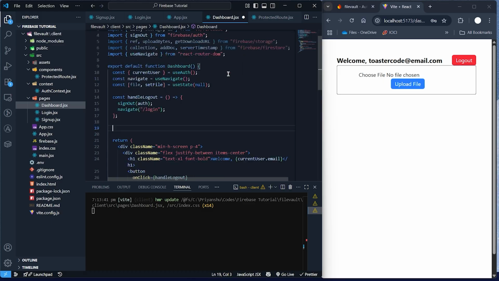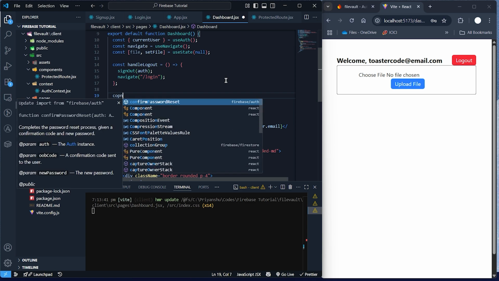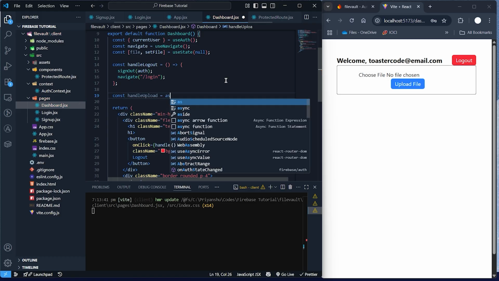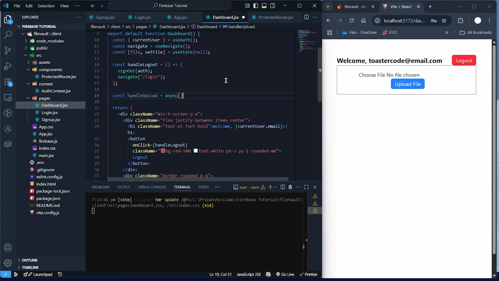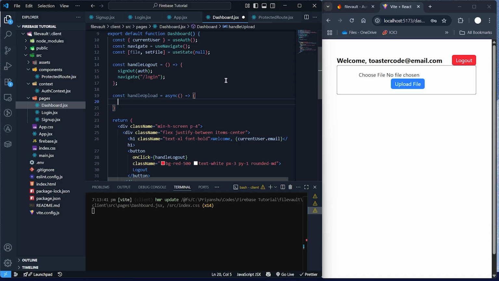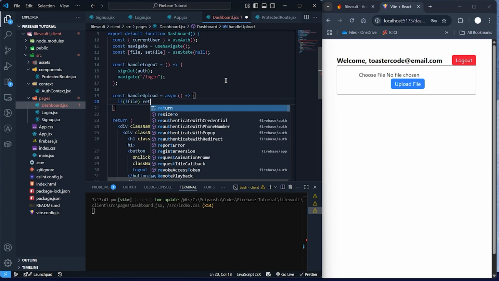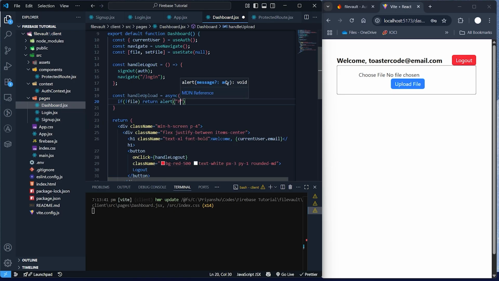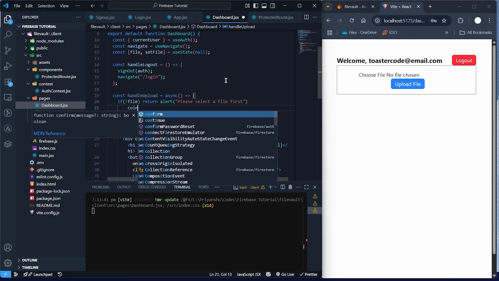All right, so const handleUpload, an async function, because we have to wait for the file to upload. And the first thing will be, if there is no file, then just return an alert, maybe that says please select a file first. All right, now what we'll do is